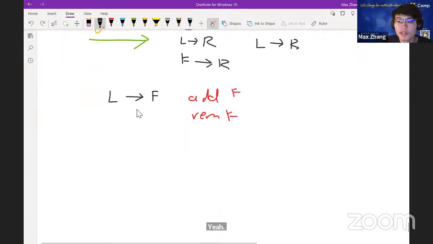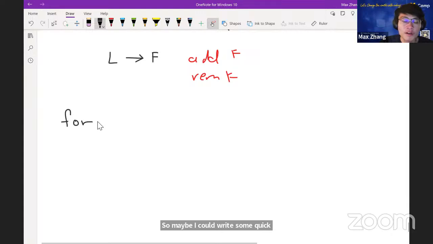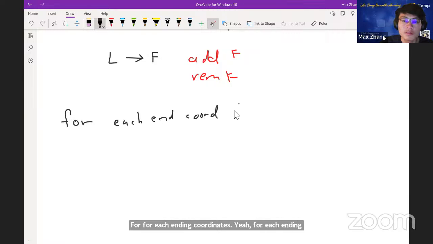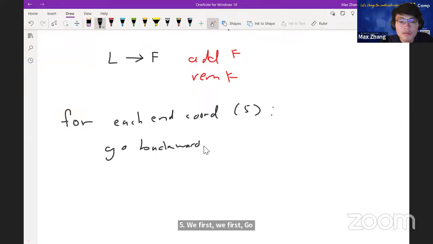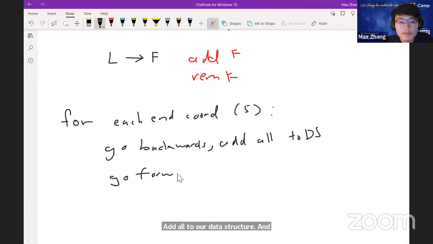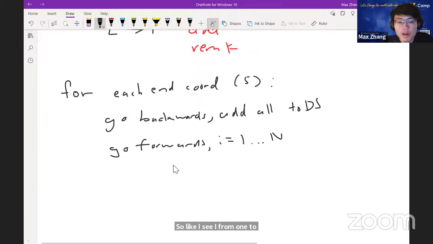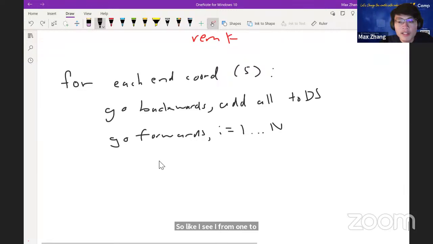So maybe I could write some quick pseudocode to show how this works overall. Basically, do a for loop for each ending coordinate, 5 of them. We first go backwards and add all to our data structure, and now go forwards, say i from 1 to n, and for each one, we iterate over